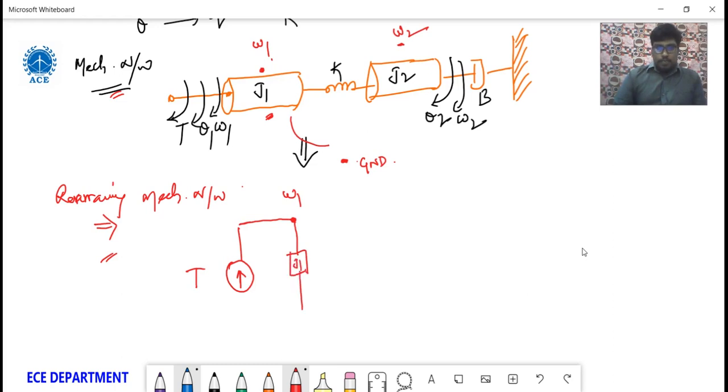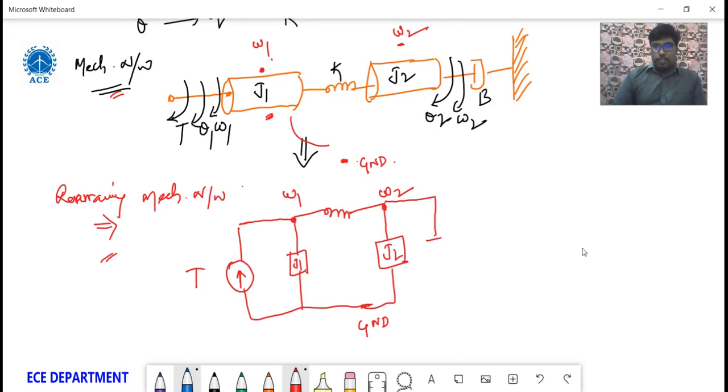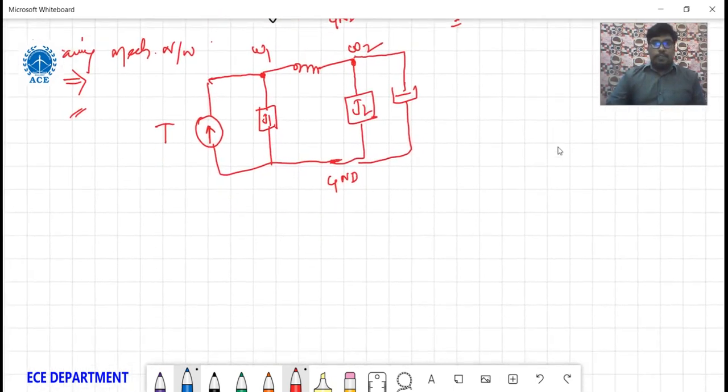I'm naming it J1. Okay, and we have a ground G and D. Now this is connected as it is, right? And from here I've taken a node, angular velocity node V2, so this is J2. Okay, and grounded that one. Another one is also grounded, that is the damper element. So this is the rearrangement of the given rotational mechanical system. Now from this we need to take